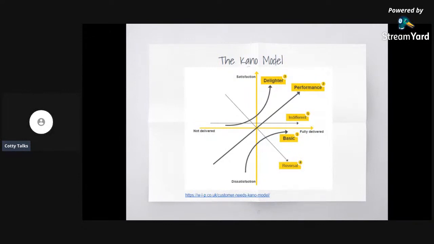Then there are reversals. Have you ever used an app that was working before, then they made an update and added something, and what they added just does not sit well with you, and your satisfaction just goes down? So the reversals are: if it is not there, I'm satisfied. But when it's there,